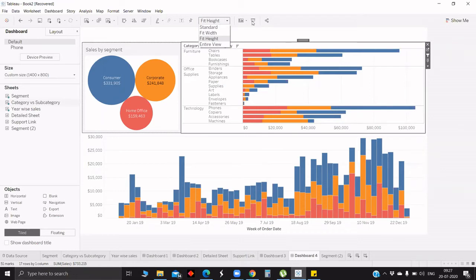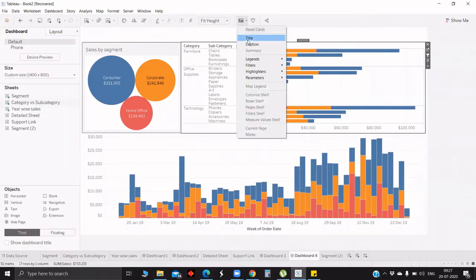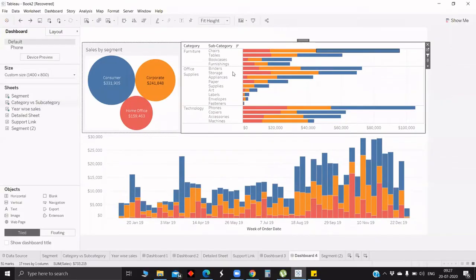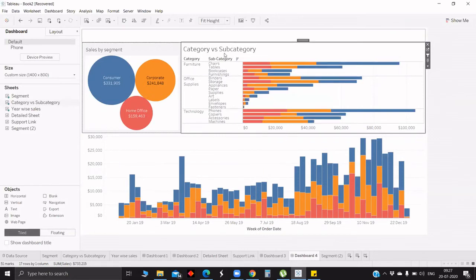And next, this is the presentation mode. So once you click that, next we have all this which we have seen already, like title, caption, all those we have seen for the individual vis. Here it shows for the overall sheet maybe. So now we have selected only this container, and since we selected this container and gave a title, it shows for this container. So rather than going for the drop down, maybe you can use this also. This is the additional feature we have here.